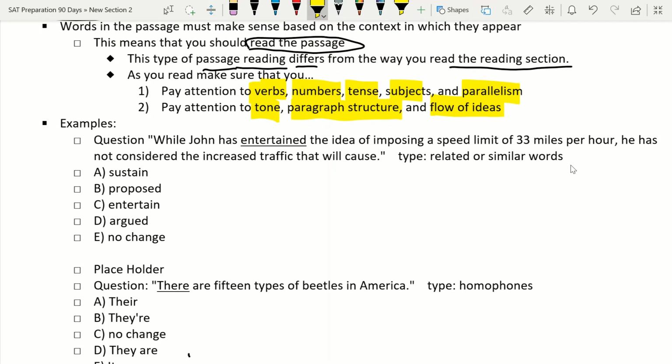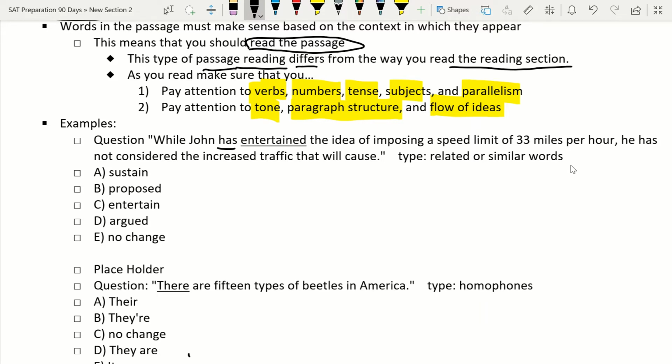All right, so we have an example question here. We have, well, John, and then we have one word underlined, right? In this case, it's entertained. If I have one word underlined in the middle of my sentence, I know that I'm probably looking at something that's either dealing with a subject and verb matching in number or in tense or both. So in this case, I see I have, well, John has entertained. The word has indicates to me that I'm going to be dealing in some sort of past tense. And another reason that I know I'm going to be dealing with past tense is as I read on, I